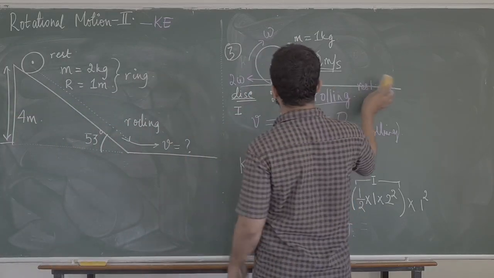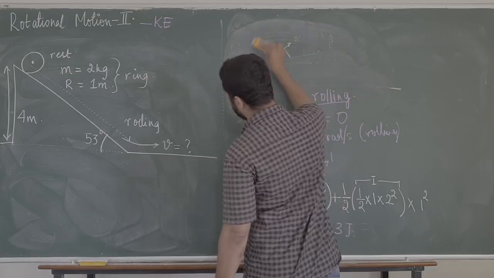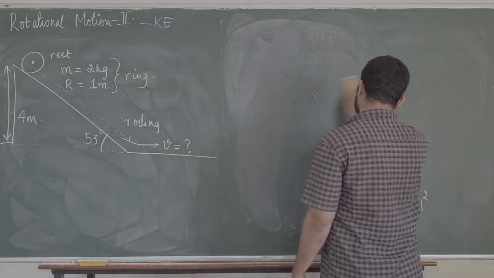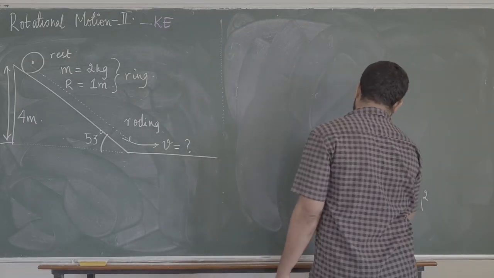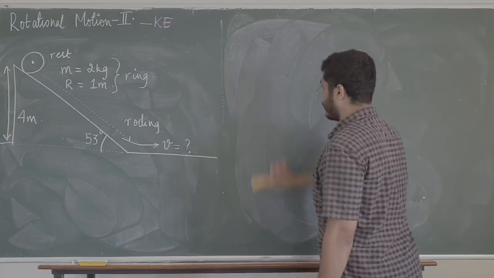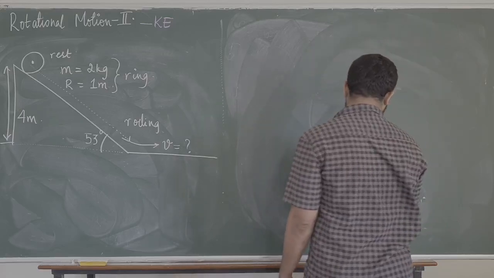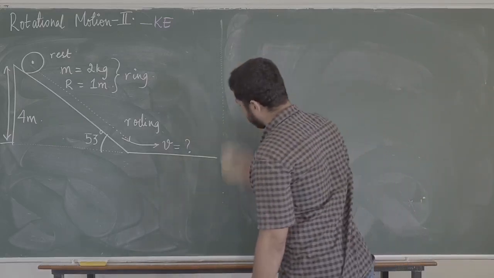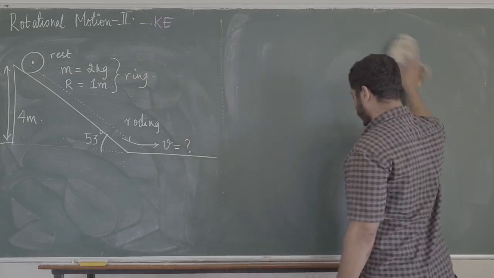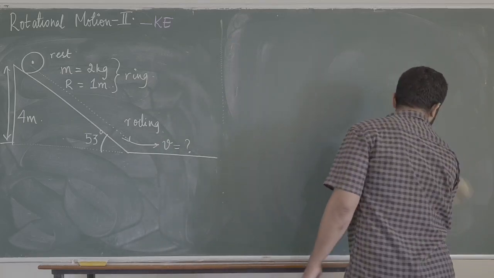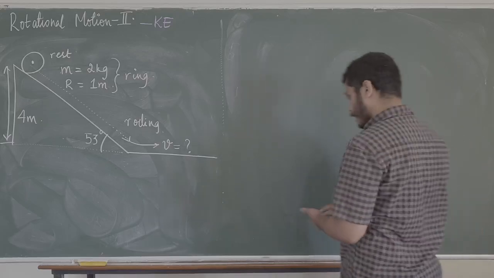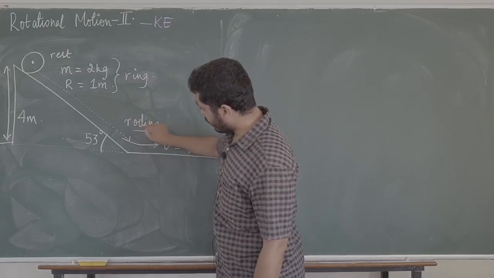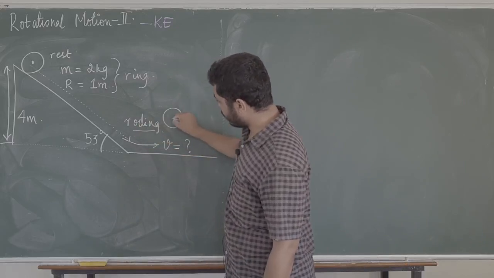So let us say that thing is a ring. The ring is rolling down. So keep in mind the problem clearly specifies that the ring is rolling down. What is the velocity of the ring at the bottom of the inclined plane? Velocity क्या होगा? Can you do it? What would we say? Because something is rolling down the inclined plane, we can say that V is equal to R omega. So at the bottom part of the incline over here, one thing we can say is the object is rolling, which means that the object is moving forward.